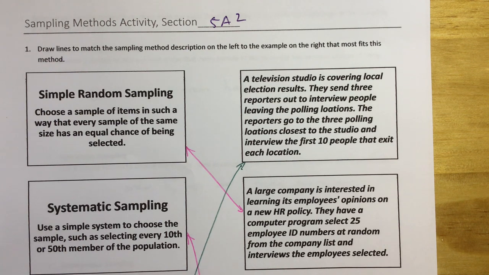The only true way that I know of like doing that one, like the most easy example is just to have a big list of names, and I describe it as drawing from a hat. I'll use that in a little bit here. If you just dumped a bunch of names into a hat, sort of like how I shuffle you guys into groups when we were in class, I would just have a big stack, and then taking from that stack, I would just draw out certain names, and that's what random sampling is. Everybody's there and we're pulling from them. So the one that best fits that one is going to be the this computer company that just selects 25